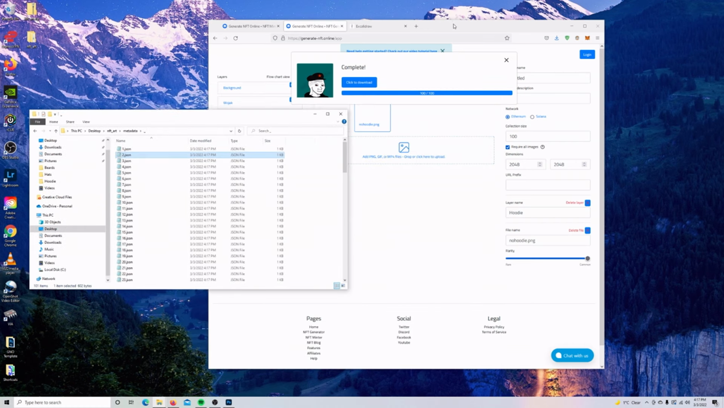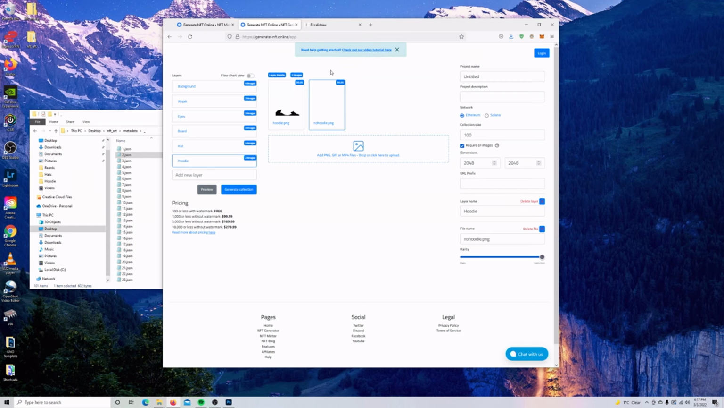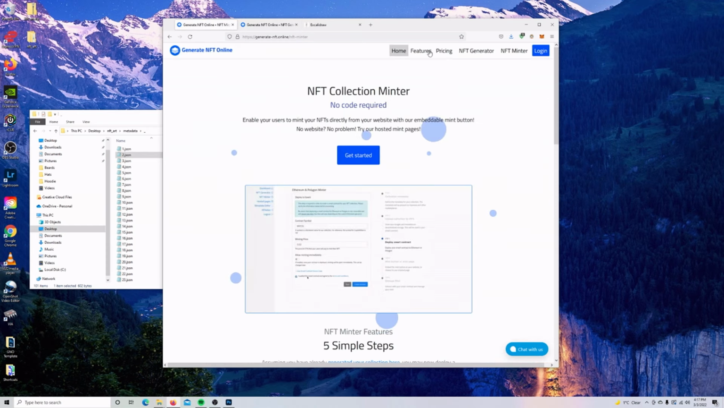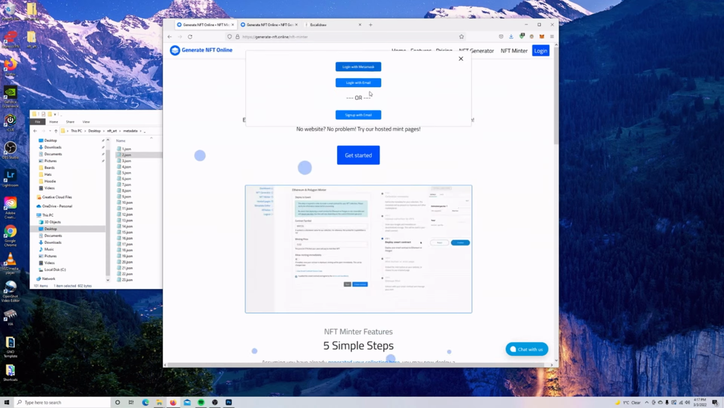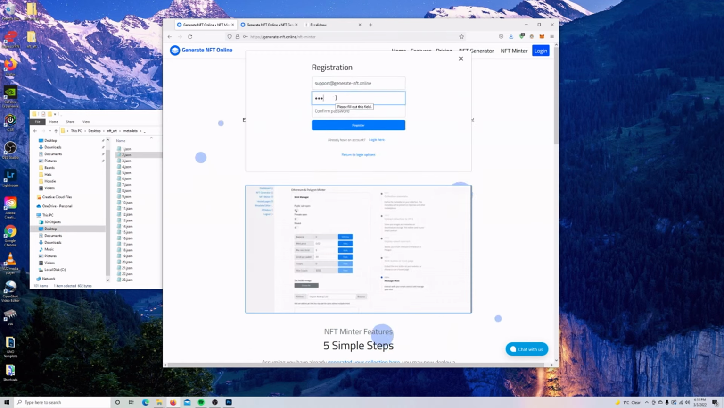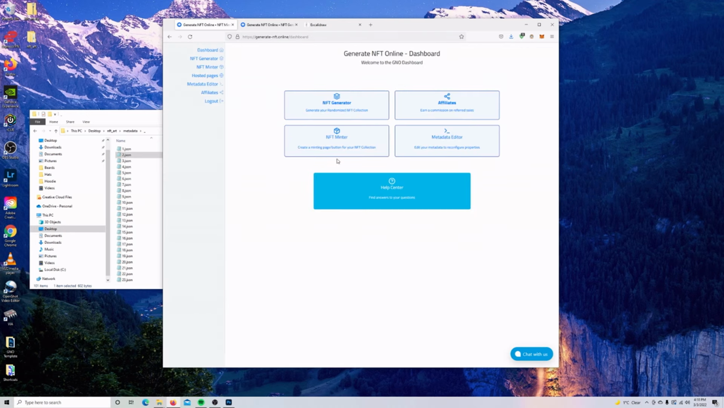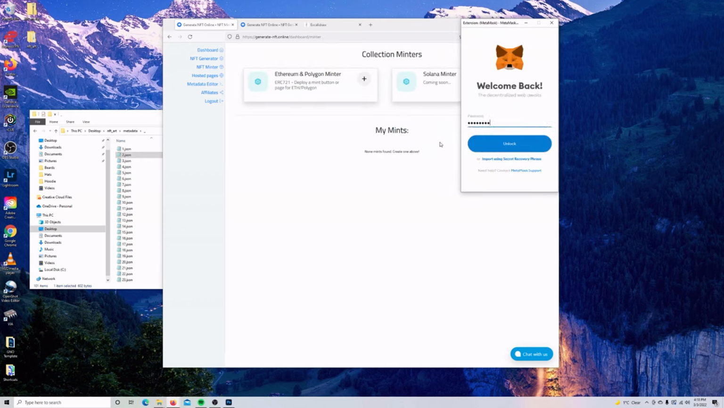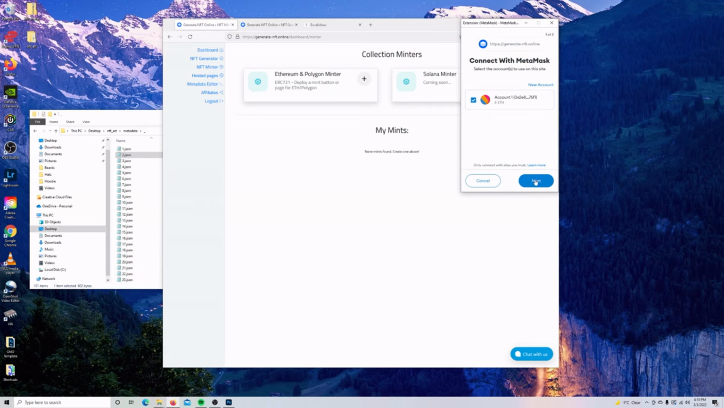Great. So now what we have to do is we have to actually log into the dashboard. Now you can do that on pretty much any of our pages. Let's register. Okay, so now that we are registered, we can go to the NFT Minter itself. We're going to connect our account,